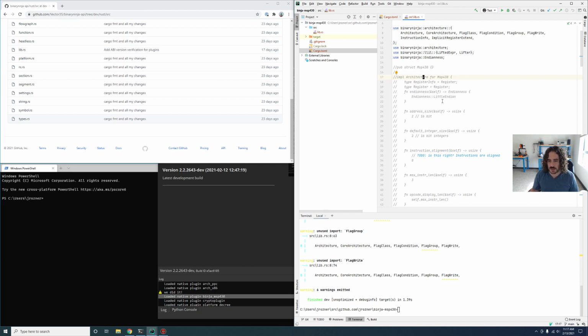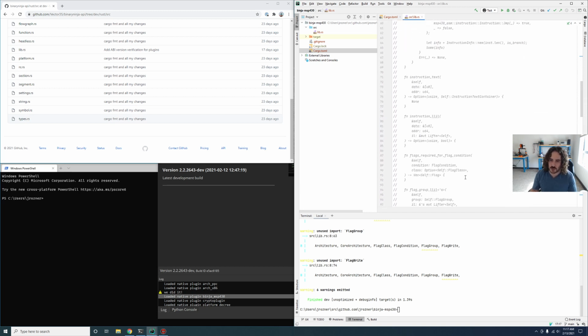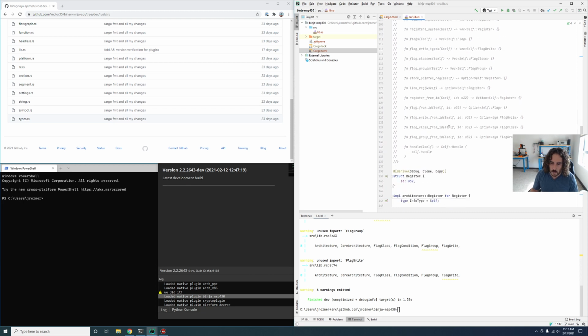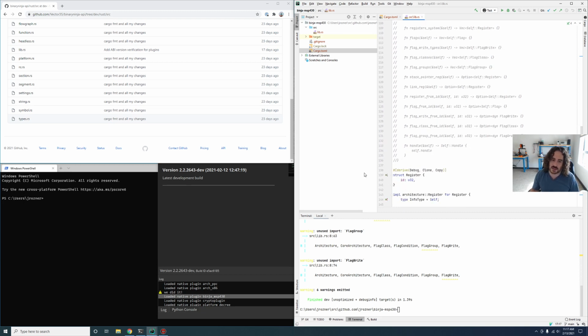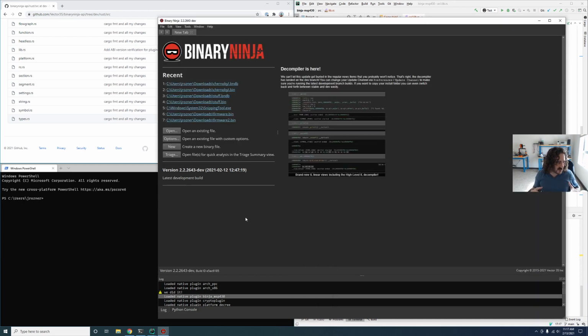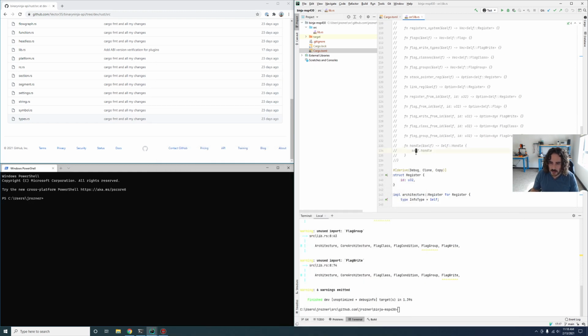And for most of this, we can stub it out. It's not really necessary right now. As long as the methods are implemented for the trait, we can register it, and we'll at least be able to go into Binary Ninja and see yep, msp430 is registered. We have this. It just won't do anything. So my hope is that we'll be able to get this done today, and then the next session we can start actually implementing